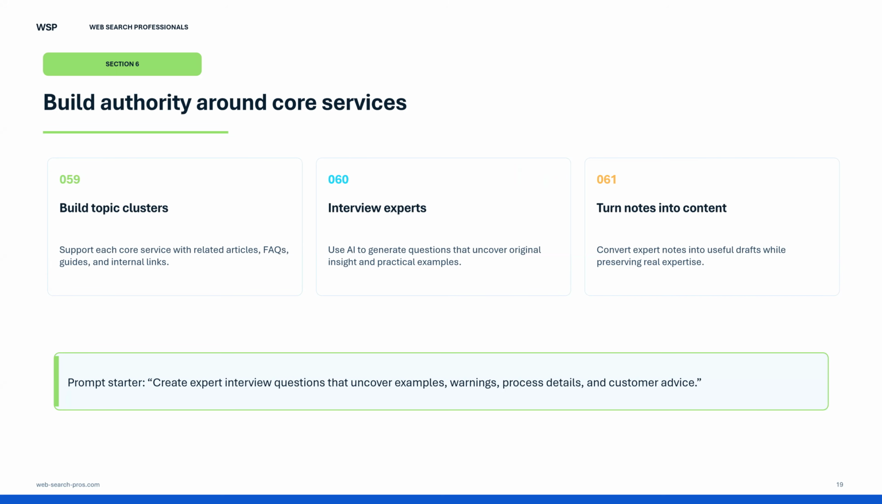There are SEO companies out there that will try to talk you into doing this to broaden out your content base so that you get links for more items. But the reality of it is your core topics are really the ones that you should be focused on. And prompt number 59 will build those topic clusters for you. Prompt 60 will